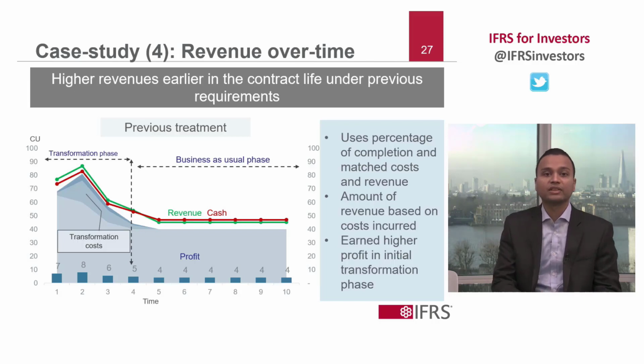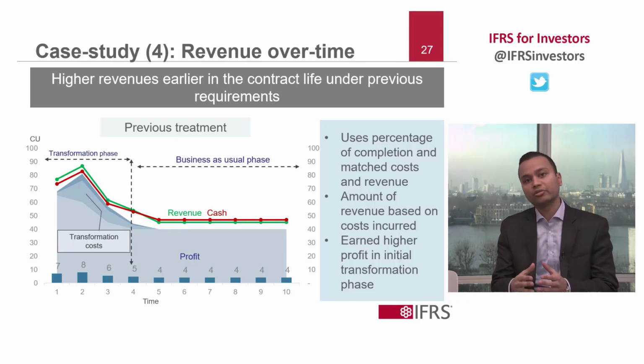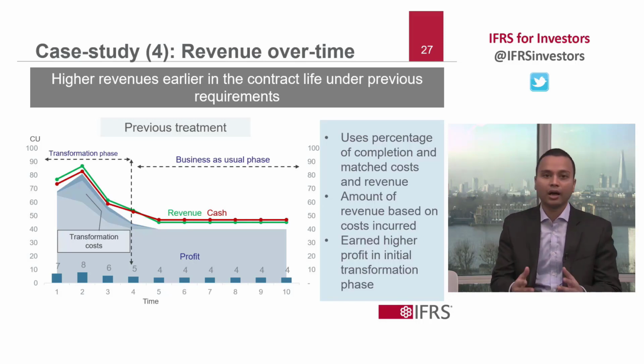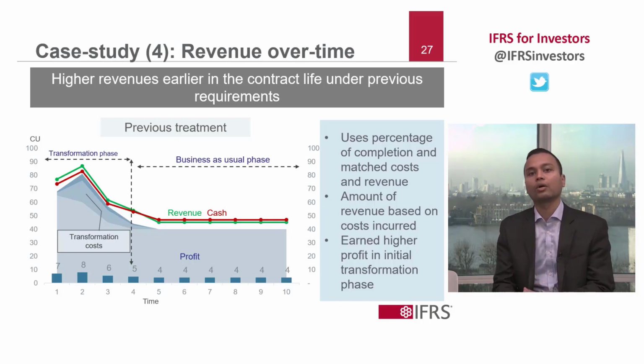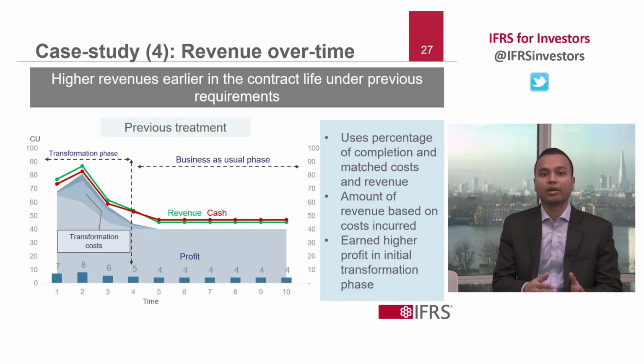We have another example of a company that executes a business process outsourcing contract. The customer outsources a function, for example, payroll, to the company for a 10-year contract period. This period is comprised of an initial transformation phase, which incurs higher costs, followed by the business as usual phase, which incurs lower costs. Under the previous treatment, the company recognized revenue using the percentage of completion and matched revenues